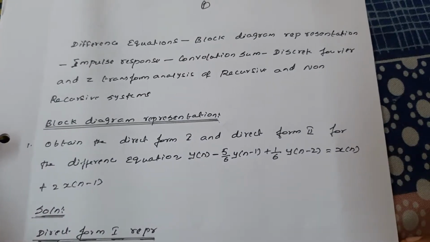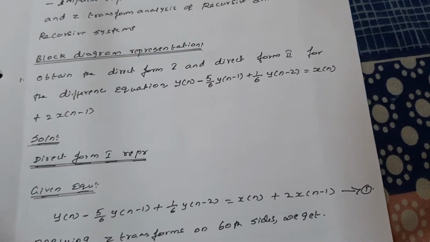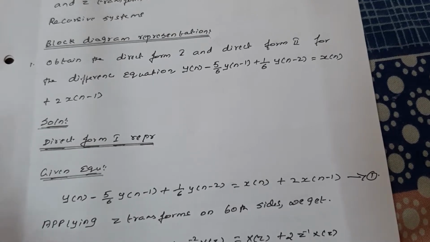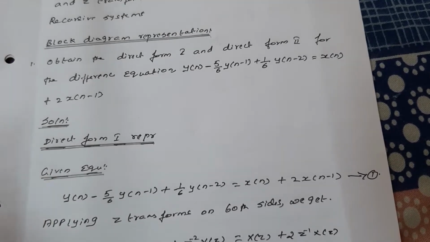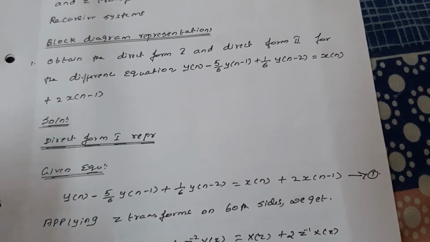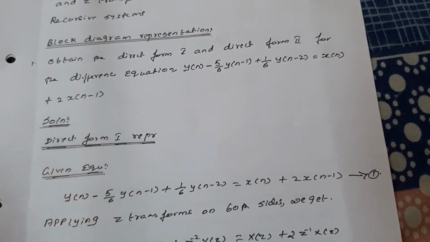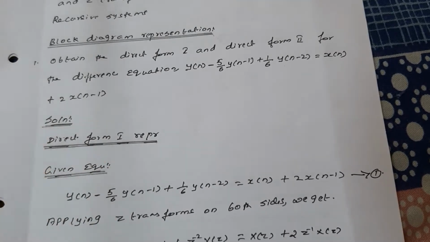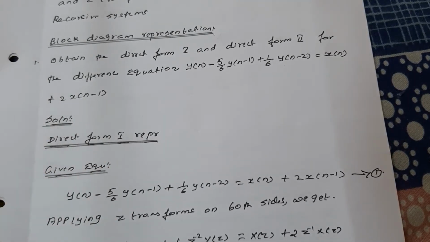So now listen, we can move to unit 5. So we can see the topic block diagram representation. Same thing we have seen in the third unit, the block diagram representation using Laplace transform. Here it is using the Z transform. There also the 4 types: direct form 1, 2, series and parallel.